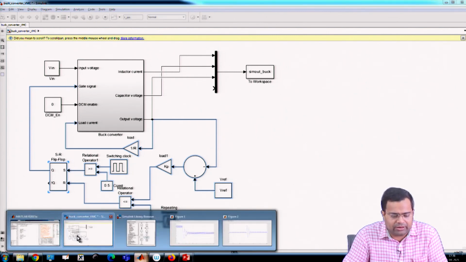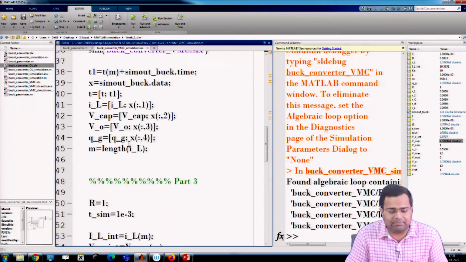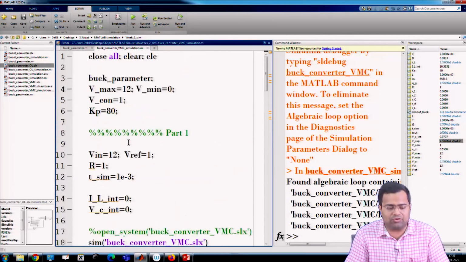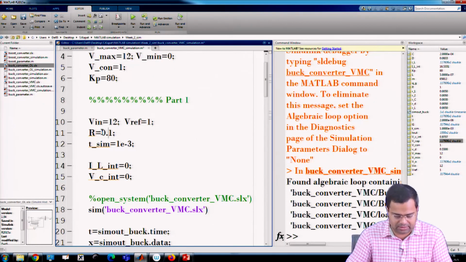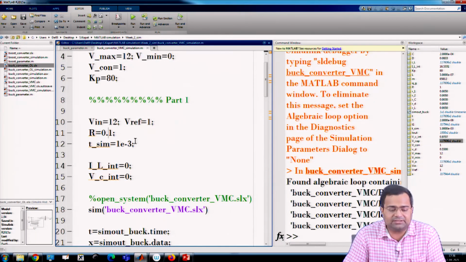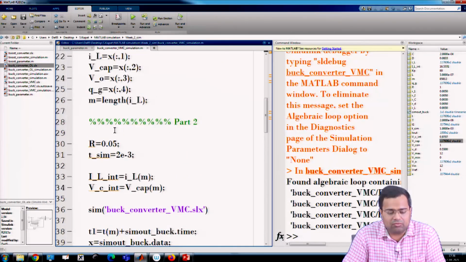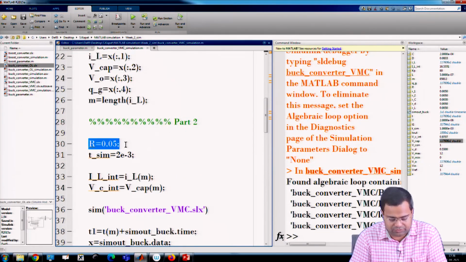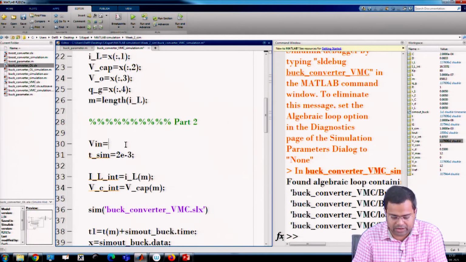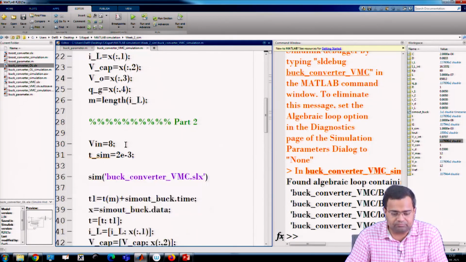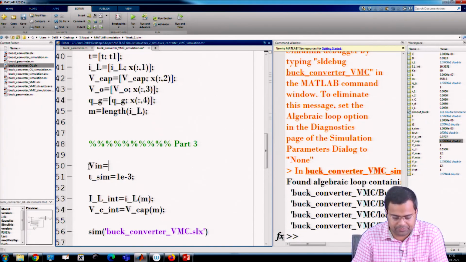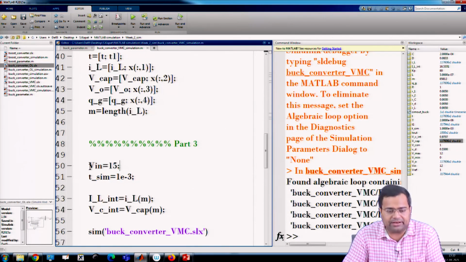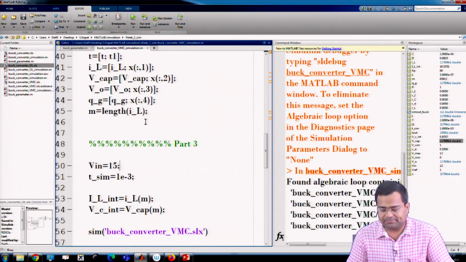In fact, we can do another case, for example, instead of changing the load, we keep R equal to, let us say, 0.1, but we want to change the input voltage. It was 12 volt, now we just change Vin to 8 volt, again Vin to 15 volt, and run it and see what happens.